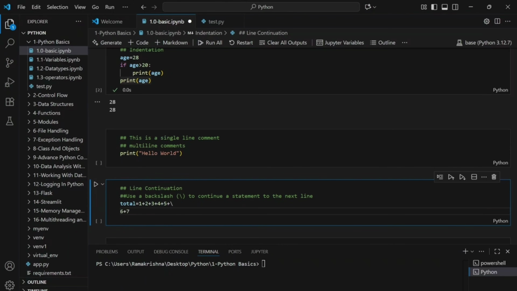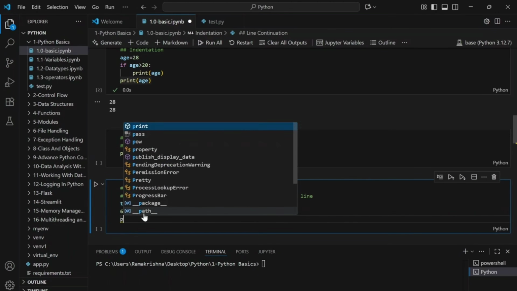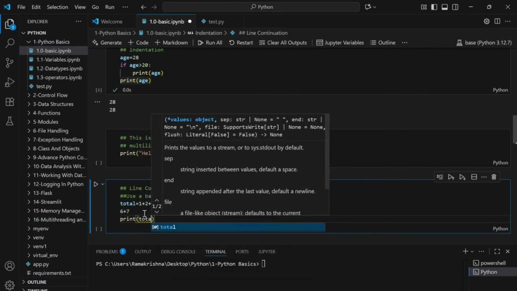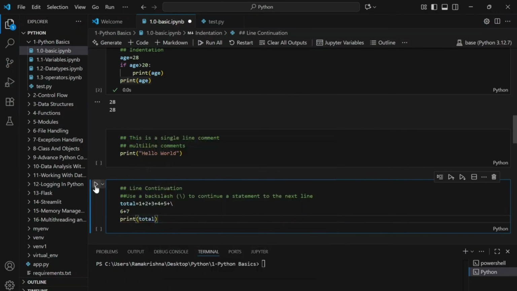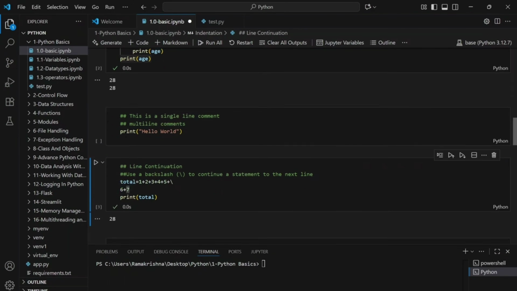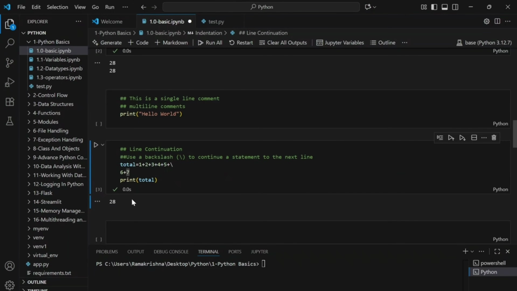In this case, there are multiple lines of code, but it's a continuation. When I do print total, it will take the whole thing into account: 28.